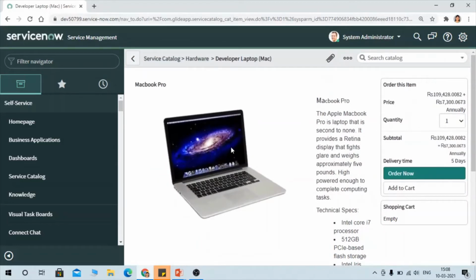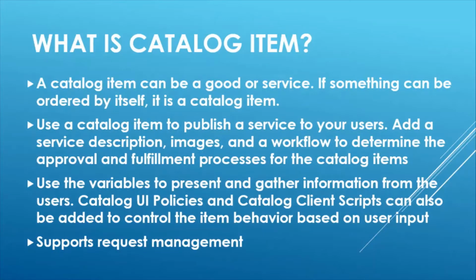And we can design a flow, like for getting the laptop we need approval, right? Any level of approval we can define in the workflow, and we can define that once it is approved, a task has to be created and assigned to a vendor who is going to fulfill this requirement, right? Who is going to provide the laptop. So we can define everything in a flow. We have workflow in our service now, so we can define all this flow in that.